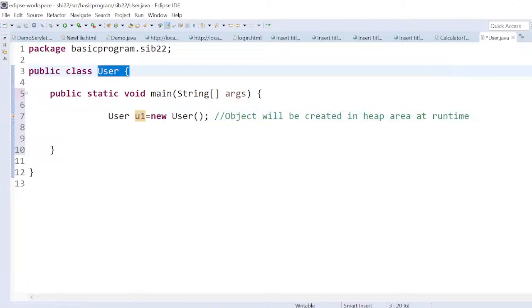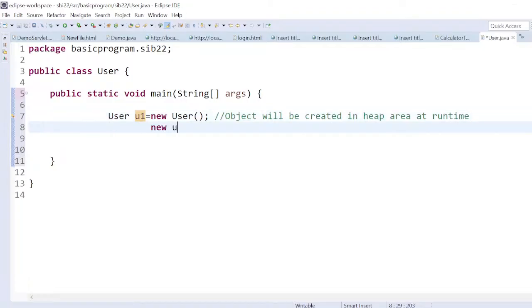In the same way I can create any number of objects. The second scenario is also the same. A new User object will be created in the heap area at runtime. This is the second object. This second object name I am mentioning as u2, and the data type is User. Okay, fine. Now what we discussed here,